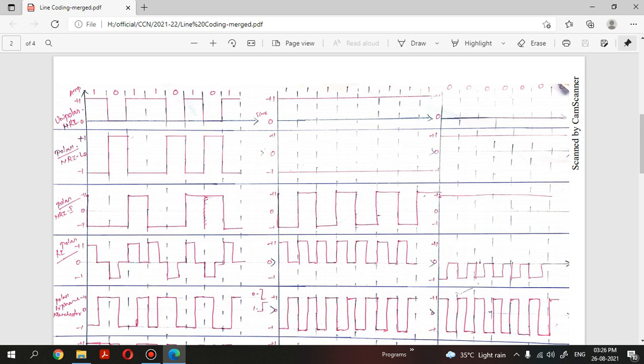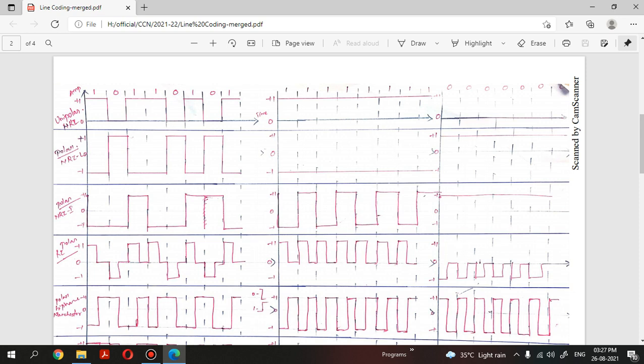At the receiver side, it starts decoding when it receives the voltage levels. First it receives a higher voltage, which indicates a value of 1, and it is decoded. The neutral voltage is decoded as 0, and again the high voltage indicates 1, and the 0 voltage is indicated as 0. So this is how the data is transmitted, right?